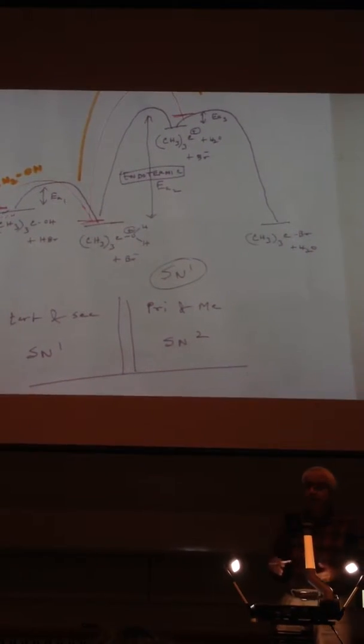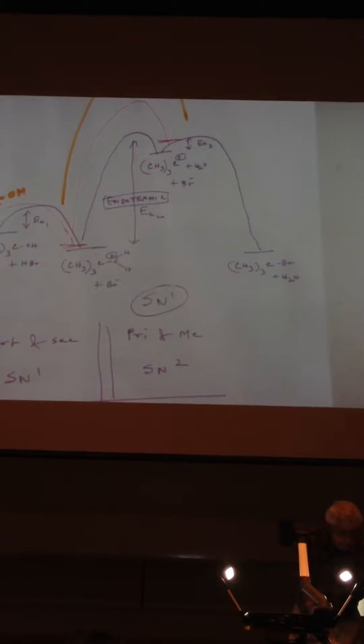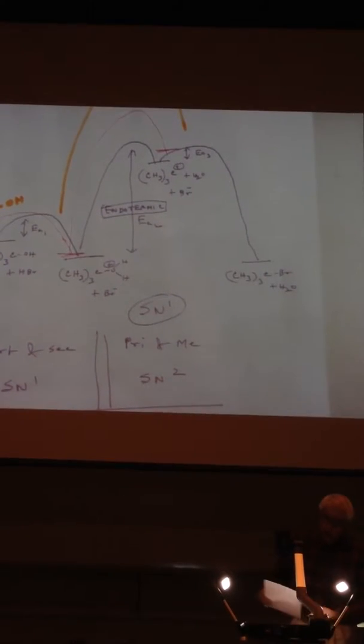And how does the SN2 happen? In SN2, essentially the second and the third steps are combined together. So if you want to understand the energy profile of the SN2 process,